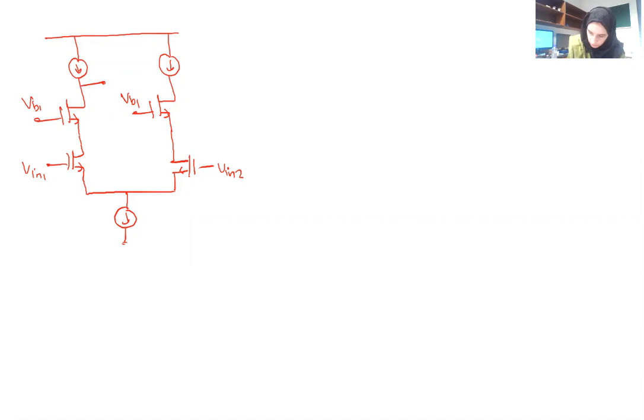And we can take the B output from here. Okay, so let me just give the names of the transistors M1, M2, M3, and M4. And this is ISS, and this is VDD. Okay, so now we want to find the gain of this